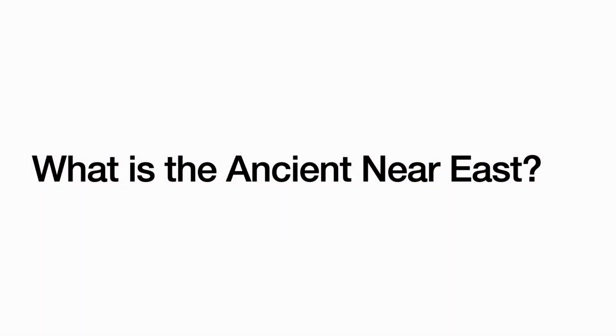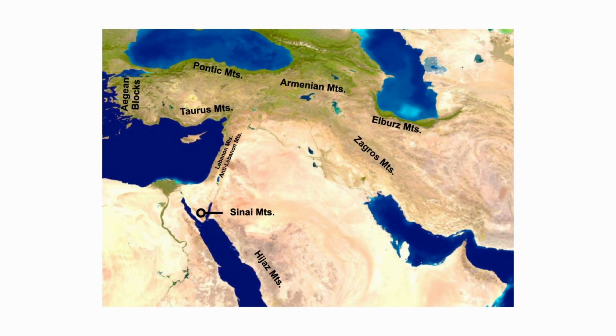We now move on to the rather important discussion of what the ancient Near East actually is. Well, the ancient Near East, what some refer to as the Fertile Crescent, is defined geographically as the area from the Zagros and Elburz Mountains in the east, following the Tigris and Euphrates rivers north, right before the Caucasus, bending around the Black Sea, and then finally down the eastern Mediterranean.